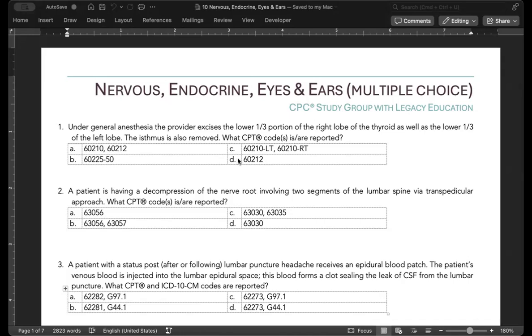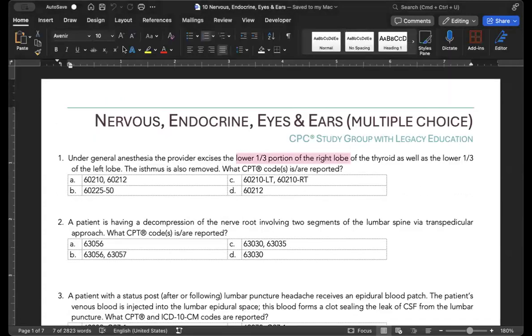So 60210 is for partial thyroid lobectomy, unilateral, with or without the isthmusectomy. And then 60212 is with contralateral subtotal lobectomy, including the isthmusectomy. So if we have the lower one-third portion of the right lobe, as well as the lower one-third portion of the left lobe,